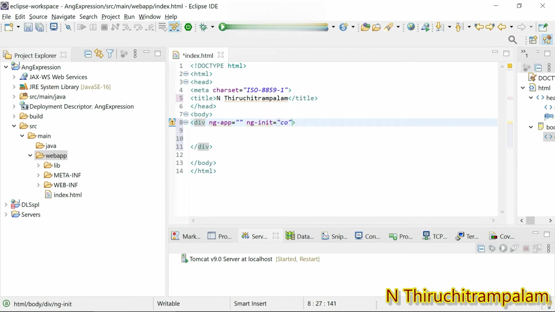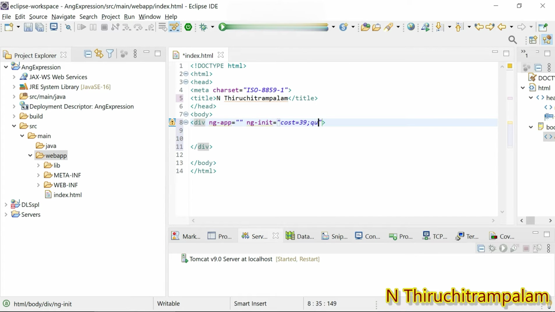So I just give a number. The syntax is property name equal value. The property name is cost, equal to the value 39.